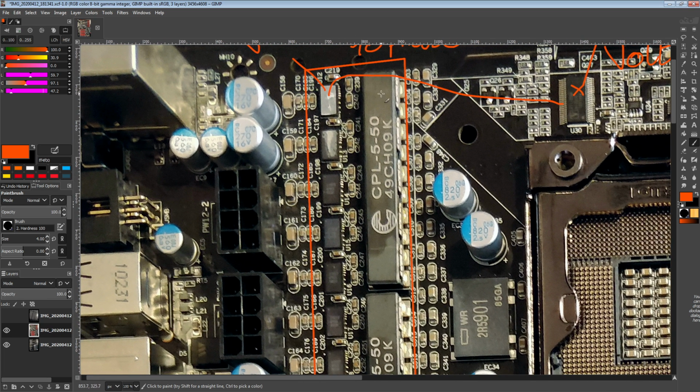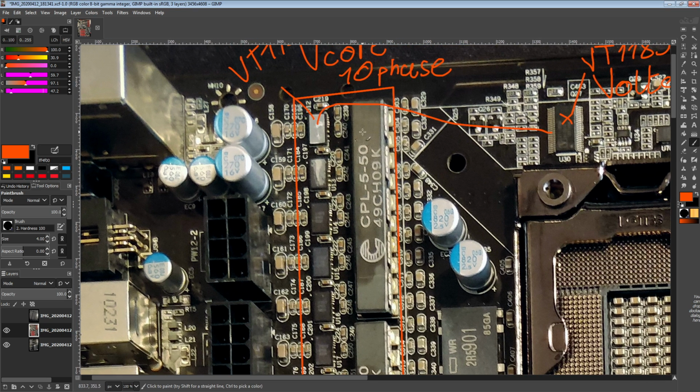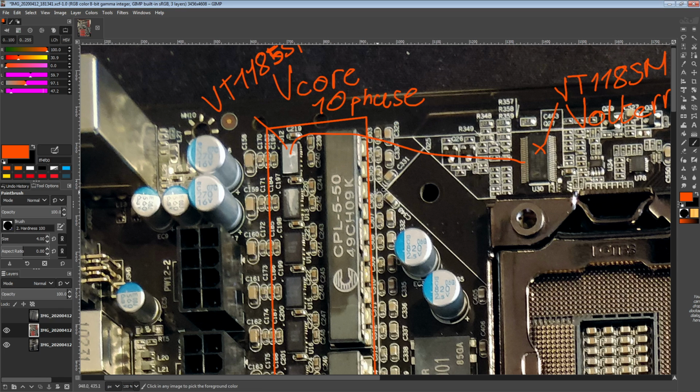And then we get to the very funky inductors, because Volterra just can't be normal. The funny thing is, I think most voltage regulator manufacturers would love to do coupled inductors. They just can't, because Volterra has the patent on that. So Volterra's the only ones with coupled inductors. Now, what's so cool about coupled inductors? Well,